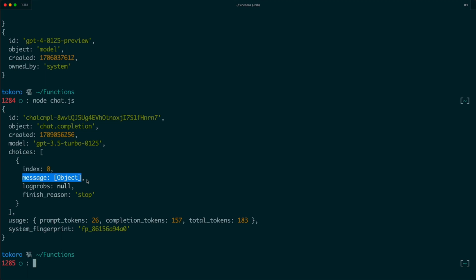If we look into this choices array, we see right here this message object. When Node.js prints out objects to the console, it doesn't go infinitely deep into the objects that it's given. It cuts off at a certain depth to make things a little bit easier to read in the terminal. What we really have to do is access our way through this object so that we can get to this message object to see something more interesting. If we go back to the code editor,